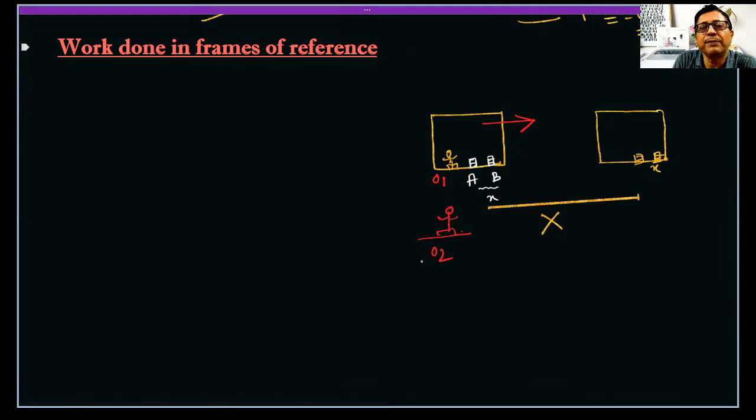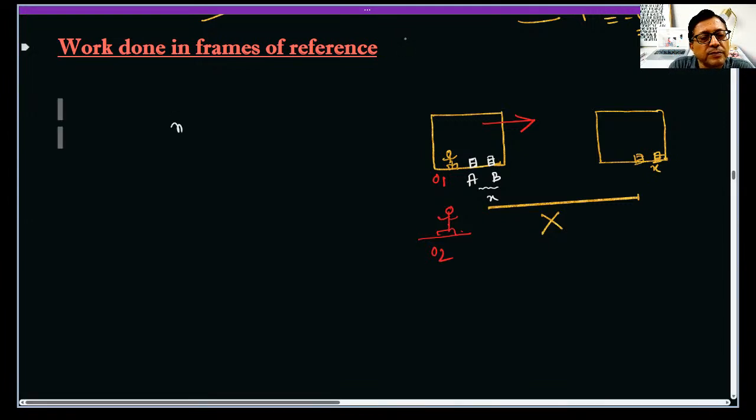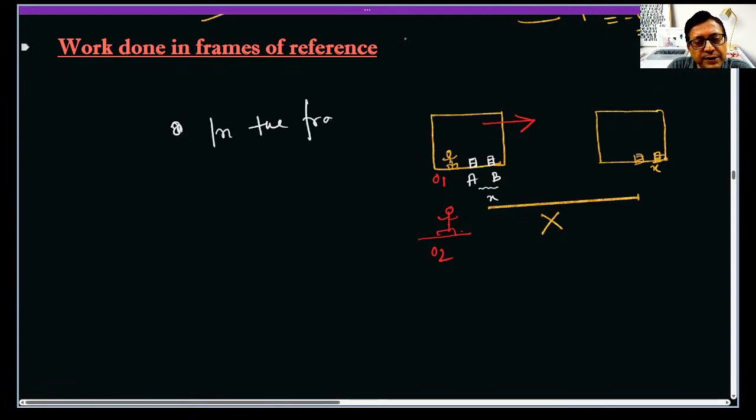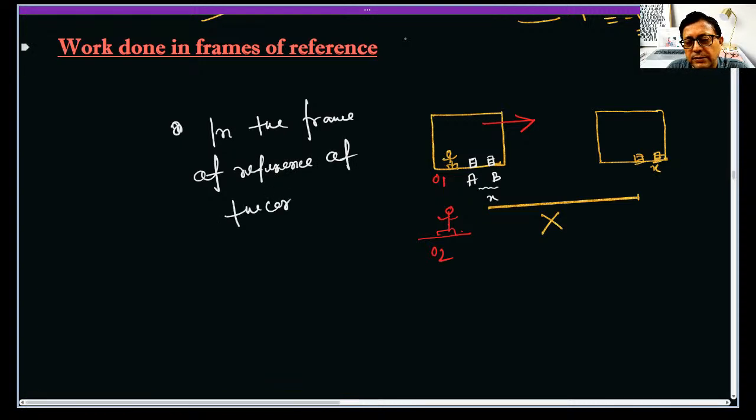So in the frame of reference of the car, in the frame of reference of the car,